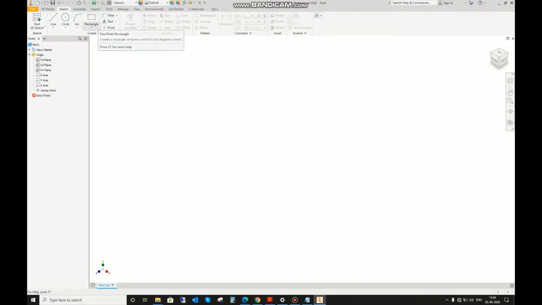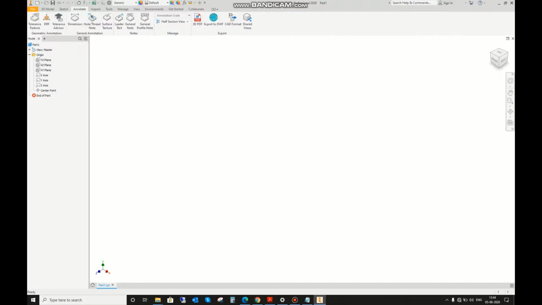Okay, in sketch we have different options to make a sketch, like line, circle, arc, rectangle. Any functions you can use to get the desired and specific sketch you want to make or model. From annotate, we can see that there are different options like dimensions, hole and thread, text.